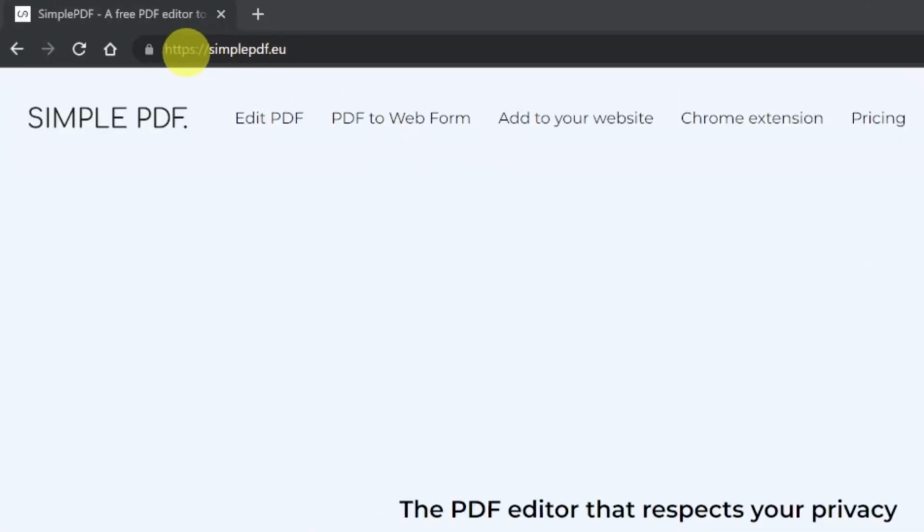This PDF editor was created by a fellow named Benjamin Andre Miquelon, and you can visit it just by going to simplepdf.eu in your browser. I promise this is not an ad, it's just a really cool website that I found that I wanted to share. Let's check it out and do a quick demo of the functionality, and then I'll dive into each of